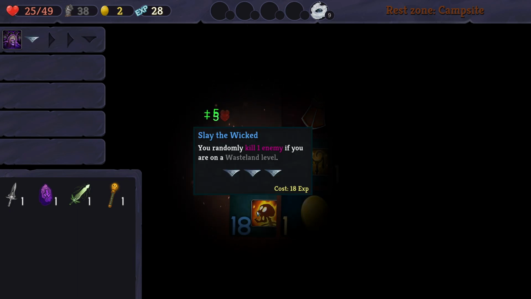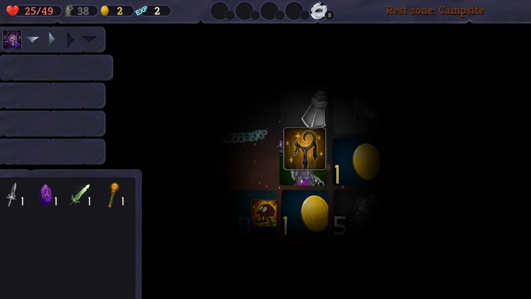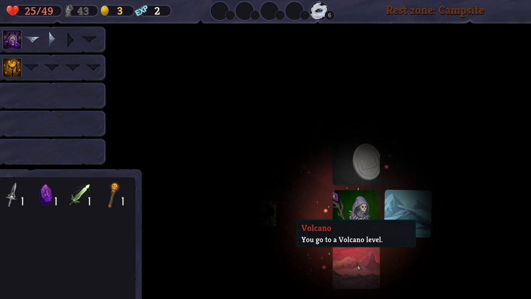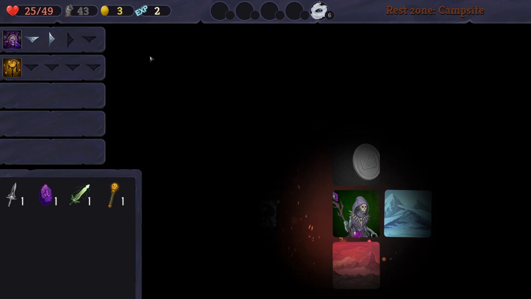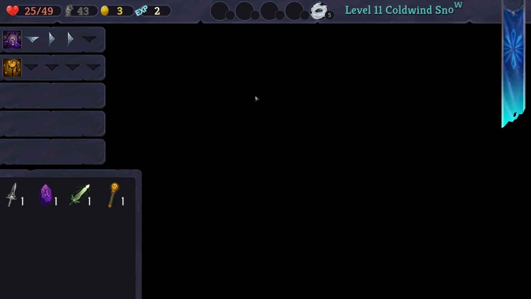The other choice, you randomly kill one enemy if you are on a wasteland level. Down, down, down, down, you get 10 health. I'm going to take that. And then we have Snowland or Volcano. Let's go. We'll take a step to the right to charge Tormented Souls. So that when we step down in a second here,